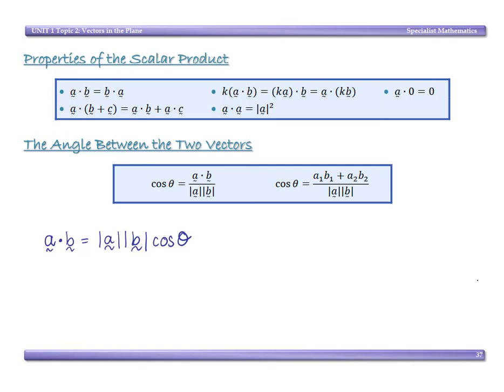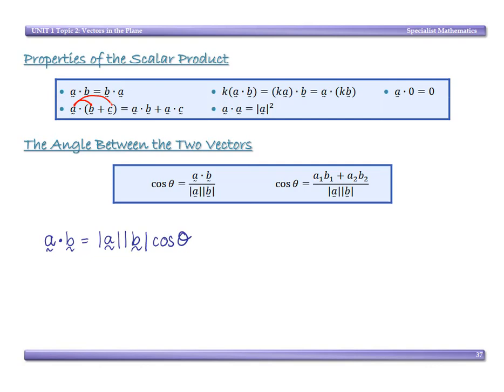Second, the dot product of A and vectors B plus C is the same as the dot product of A and B plus the dot product of A and C. So it's kind of like multiplying across like you would with brackets. Probably easier, if you ever had to do this, to work out B plus C first, add those two vectors, then